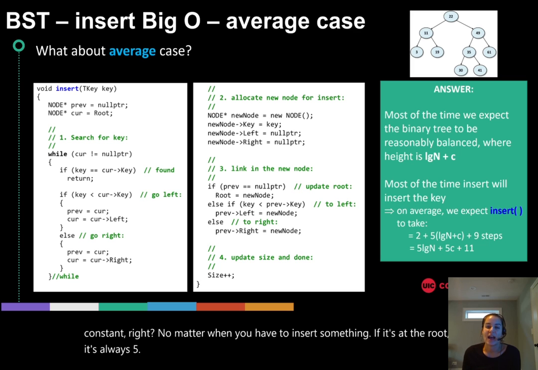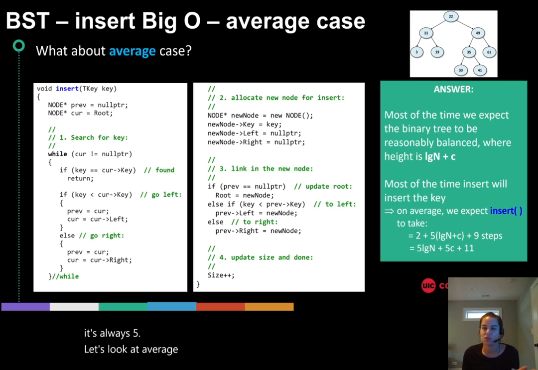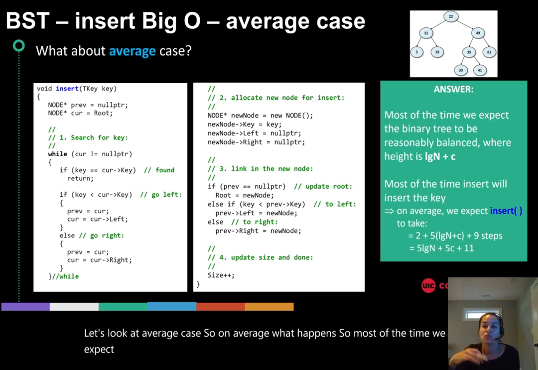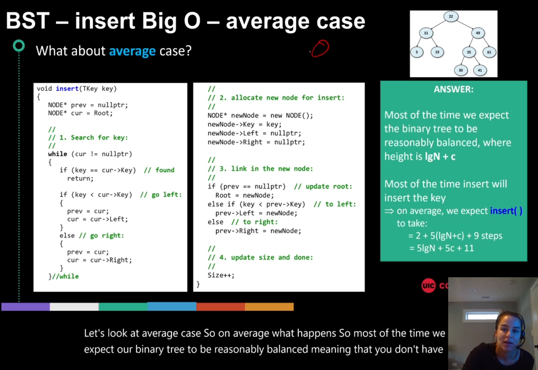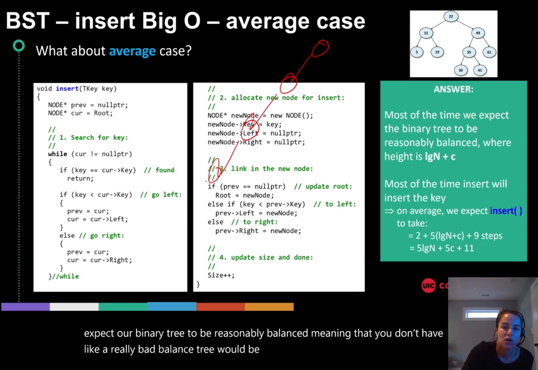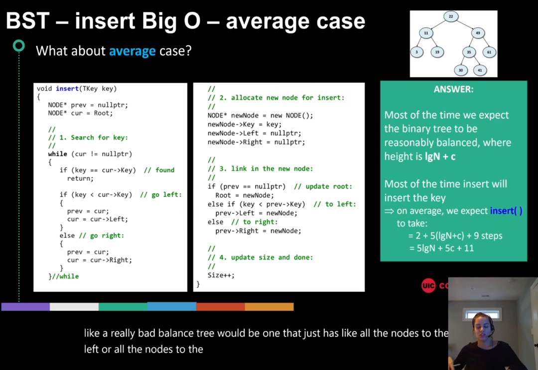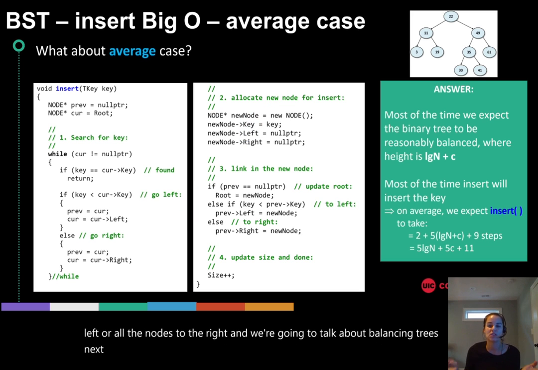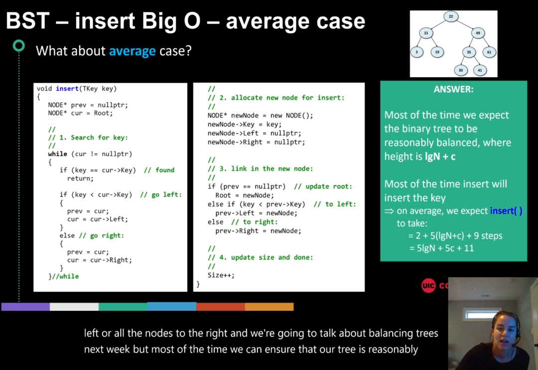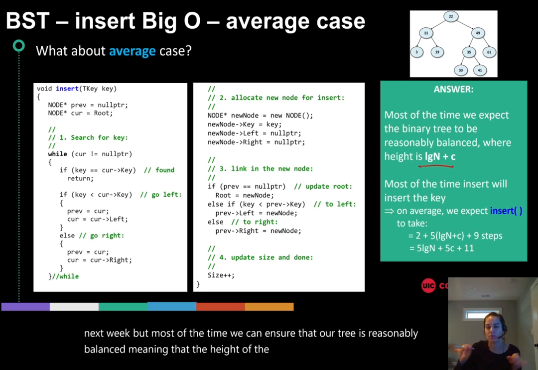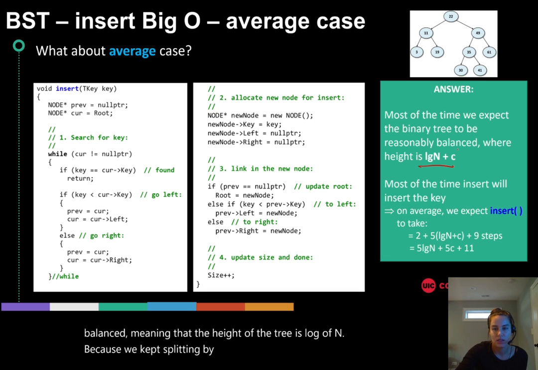Let's look at average case. So on average, what happens? Most of the time, we expect our binary tree to be reasonably balanced, meaning that you don't have a really badly balanced tree, which would be one that has all the nodes to the left or all the nodes to the right. We're going to talk about balancing trees next week, but most of the time we can ensure that our tree is reasonably balanced, meaning that the height of the tree is log of n, because we kept splitting by 2, with maybe a little bit of imbalance, which is what C